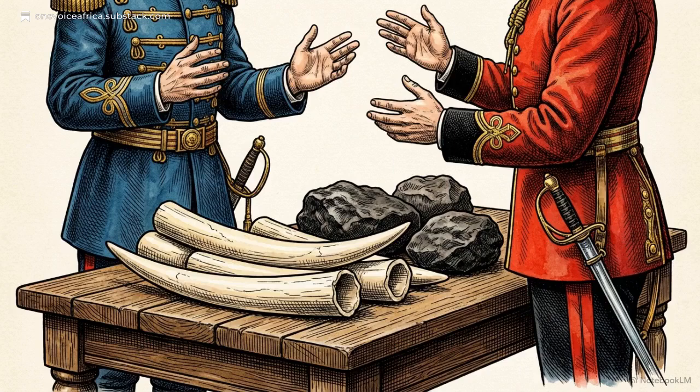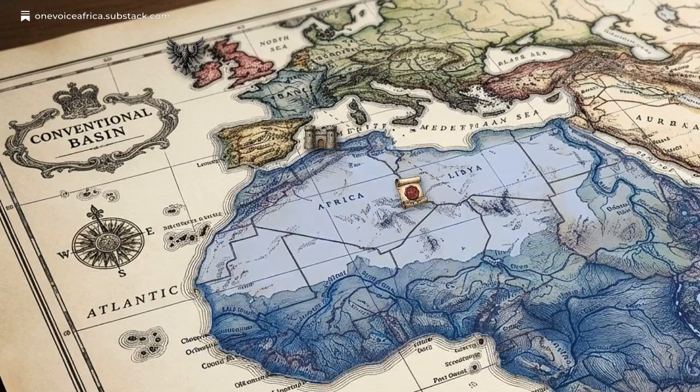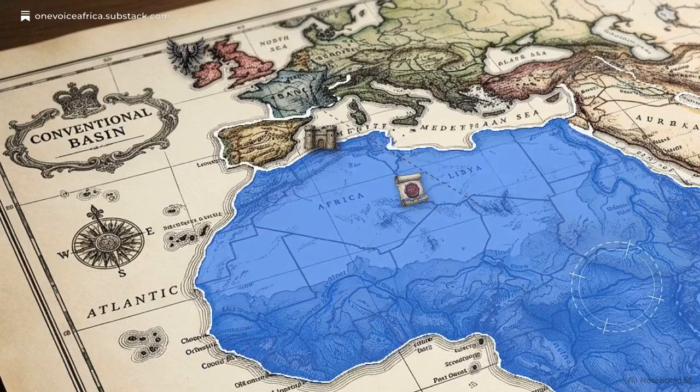In the Berlin Act, free trade was a diplomatic tool designed to prevent empires from hoarding resources and triggering border wars. The treaty's second layer was Chapter 3, which established the mandatory neutrality of these territories. Under Article 11, if a signatory power entered a war in Europe, their territories within the conventional basin were placed under the rule of neutrality. Belligerents were prohibited from extending hostilities into these zones, effectively banning warfare within the center of the continent.